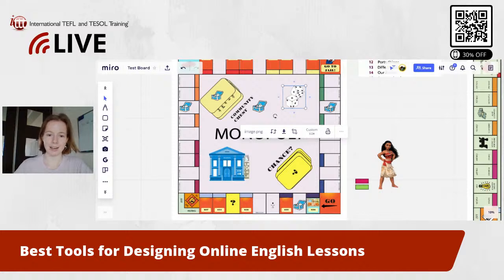Yeah, here is one of the heroes I'm going to use, because this student is a girl. I decided that it's a great way to offer her several avatars, and one of them is going to be Moana. Yeah, I really like this cartoon. And it's actually a great way to build a connection and relationship with your students. I believe that this girl will really like this game, because